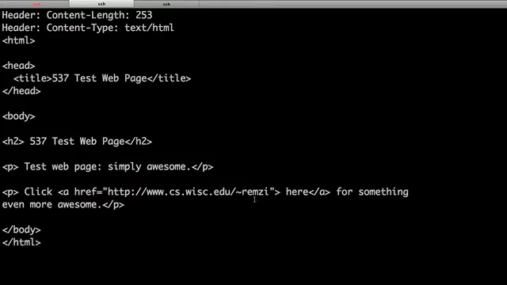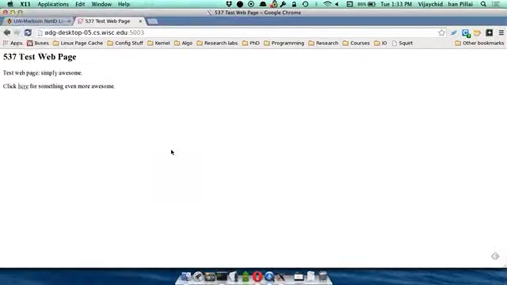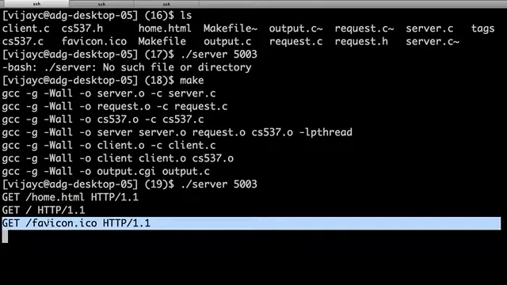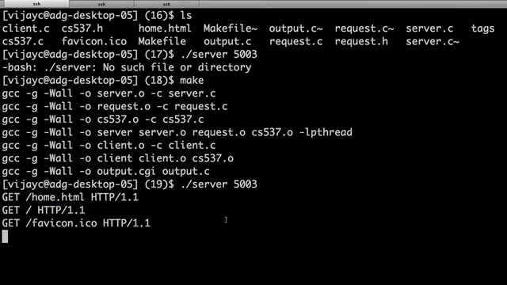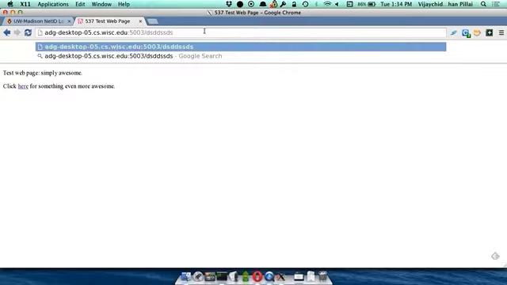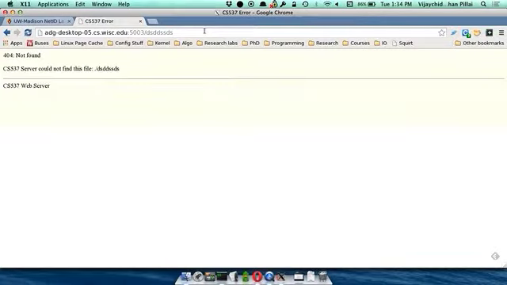So in your case, what you will have to do. Oh, and by the way, while you're running the server, you see all the requests that we are getting, right? We try to access home.html and apparently also favicon.ico. So if we try to access something else, let's say, this is a bad idea, but still, then it gives us a 404 not found there.